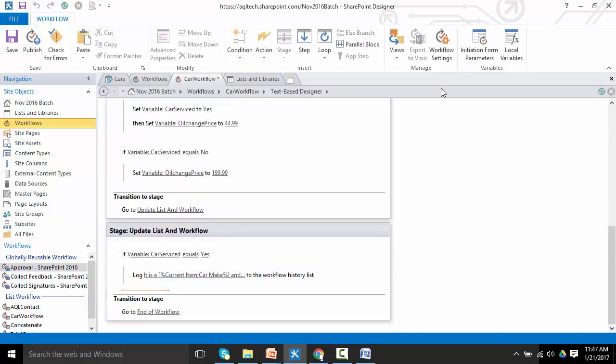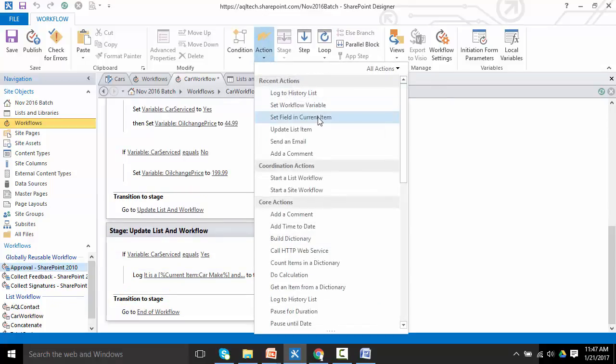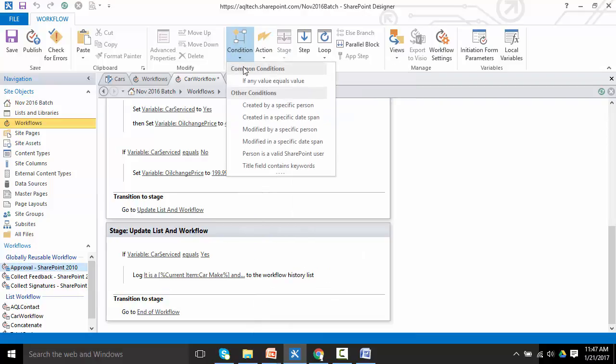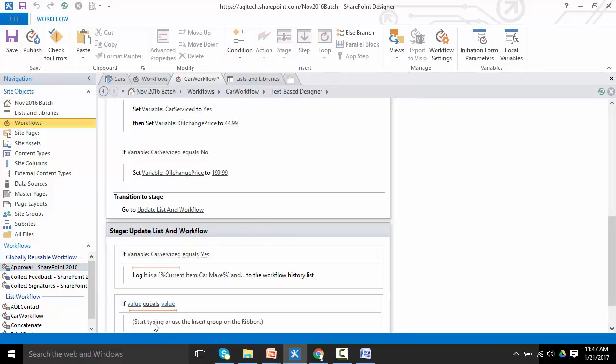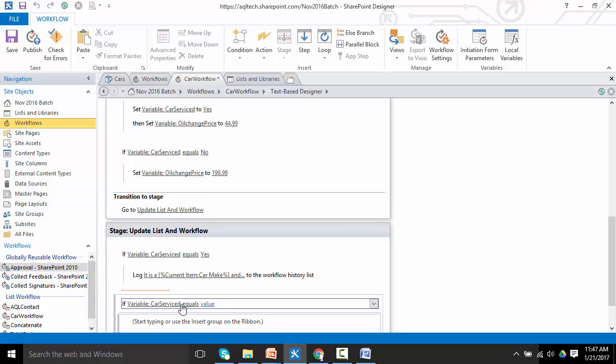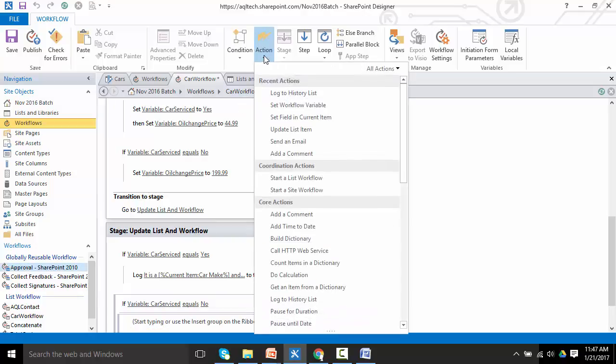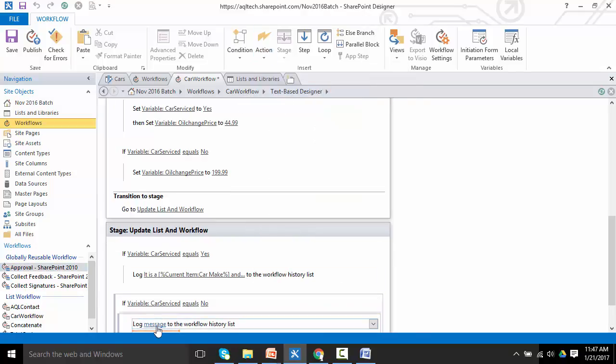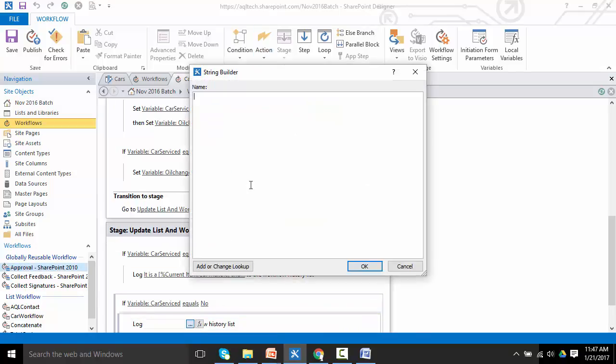And if not, if car serviced is equal to no, then it means that this is logged to history, and it is